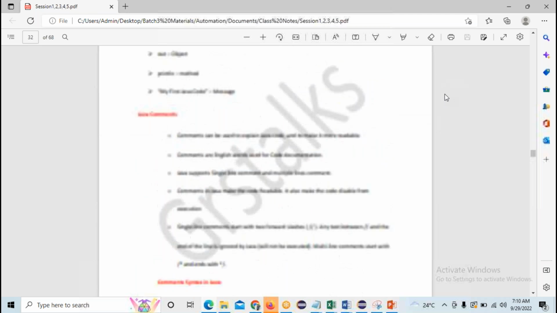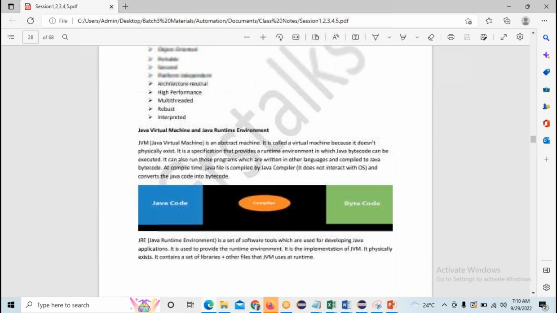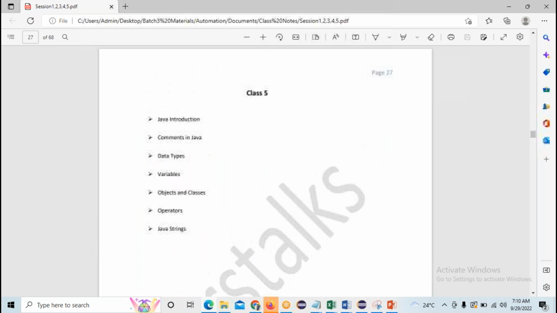Every day I will share these materials, recording sessions, and all these things to the WhatsApp groups created by your institute, and you will get them. If you have any doubts also, you can ask in the WhatsApp group. The class by topics, what I'm going to cover in the class. Is it clear how the materials look?